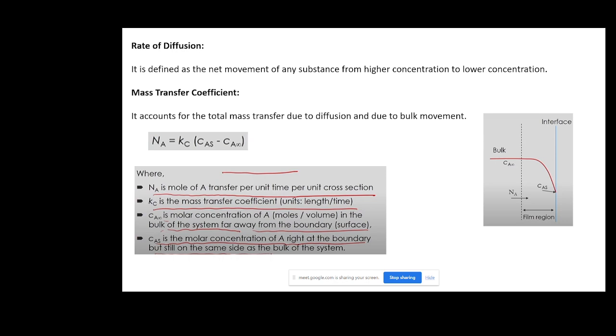Next comes the transfer of any material or any species, which is highlighted in the terms of diffusion. So for any movement of any substance, if you have a barrier here, if you have A plus B, but there is Ca, Cb, Ca, Cb. Now, if you remove the barrier,